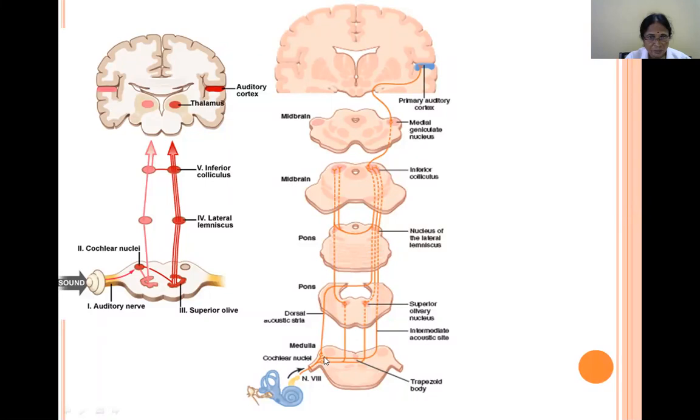The ventral division fibers are also going, some fibers to the opposite side, superior, and some fibers to the same side. All these fibers join together from the inferior colliculus. From the inferior colliculus they go to the medial geniculate body, and from there to the primary auditory cortex. Therefore, while entering, the nerve has been divided into two, a dorsal part and a ventral part.